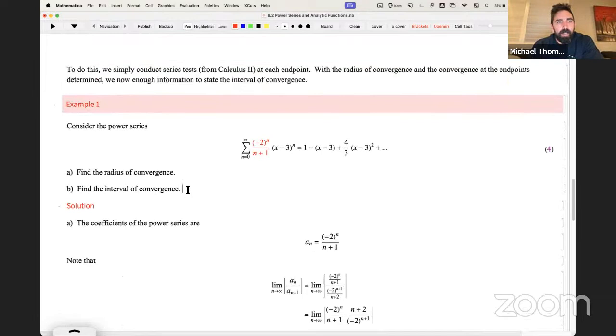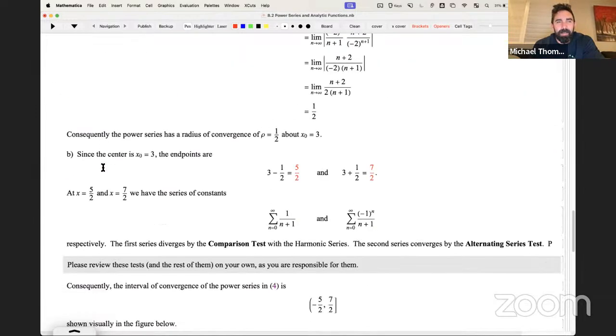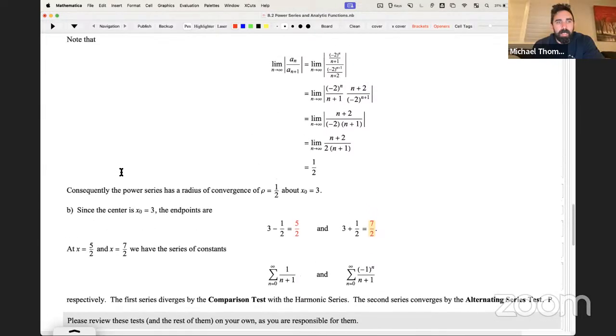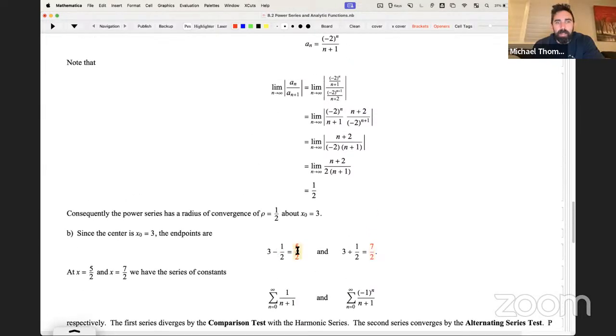And then part B, find the interval. To find the interval, you need to test the endpoints. It's essentially what I'm asking you to do because we already got the radius. So there's 2 points, right? There's 2.5 and 3.5. So we simply plug them in. If you plugged in, let's say, 5/2 into your